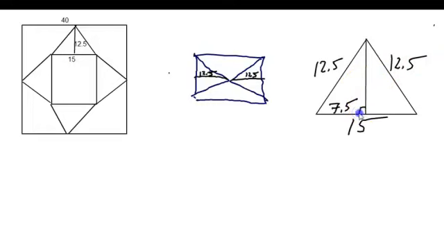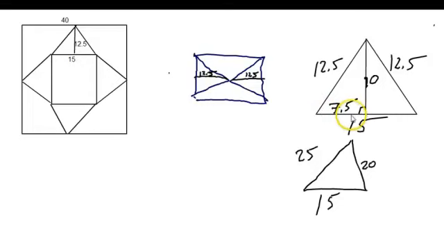That's a nice right angle. And oh my gosh, it's a little bit disguised because of the halves, but if you think about it, that's half of 15, and the hypotenuse is half of 25. This is a 3, 4, 5 triangle. Well, again, it's still a 3, 4, 5 triangle, but I was going to say that's 20, but in fact it's actually 10. It's half of 20. Because you could do the Pythagorean formula if you didn't remember it. You could take 12.5 squared minus 7.5 squared and take the square root, and it really is 100 when you work it all out. But I think if you recognize the 3, 4, 5 triangle, it saves you a lot